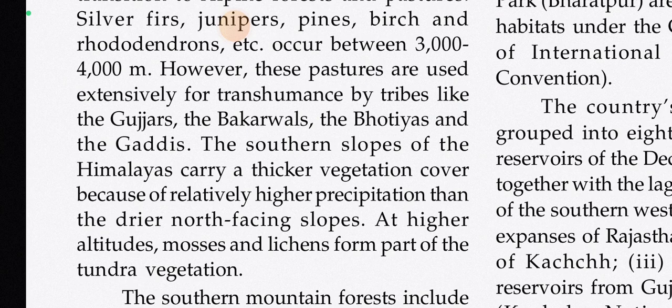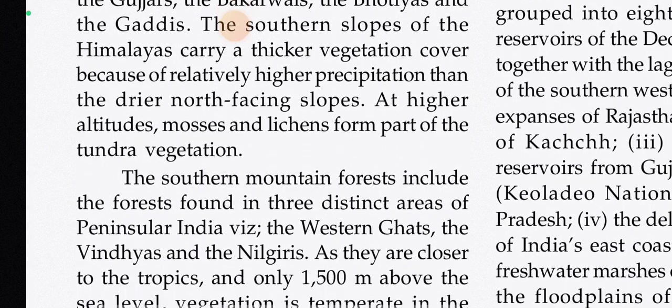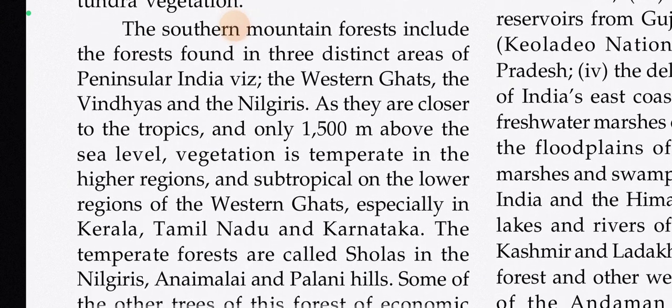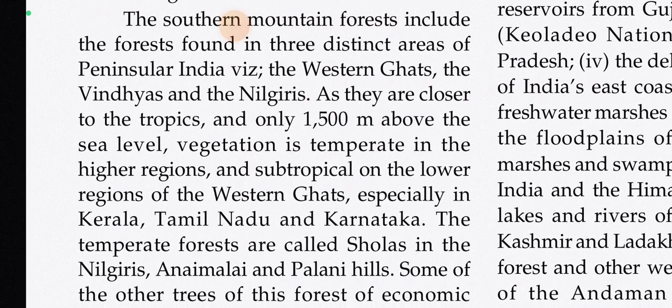The southern slopes of the Himalayas carry a thicker vegetation cover because of relatively higher precipitation than the drier north-facing slopes. At higher altitudes, mosses and lichens form part of the tundra vegetation. The southern mountain forests include the forest areas in three distinct parts of peninsular India, which are the Western Ghats, the Vindhyas, and the Nilgiris. As they are closer to the tropics and only 1500 meters above the sea level, vegetation